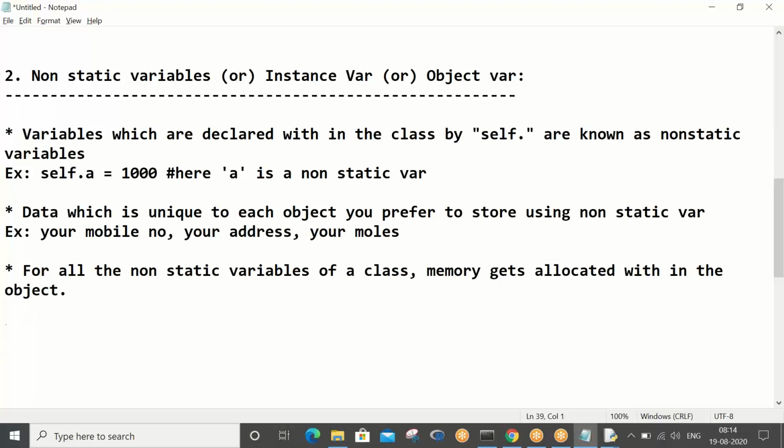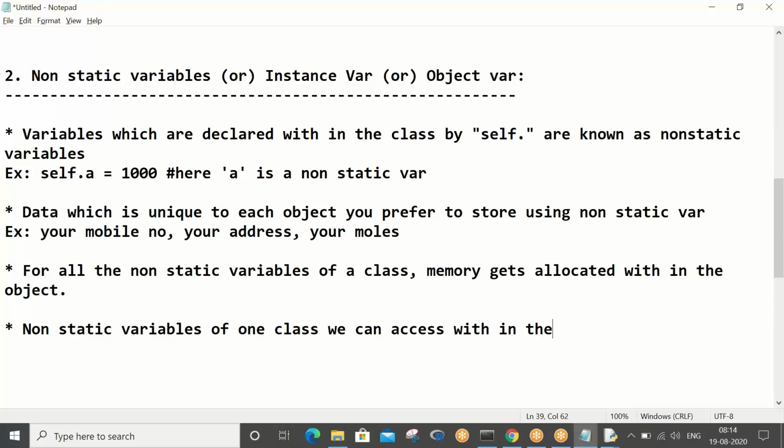Now, let us come to the accessing part of it. Non-static variables of one class, we can access within the same class by using self.